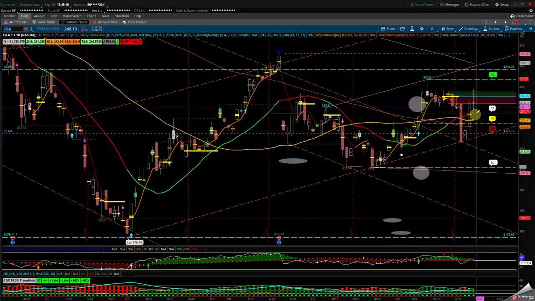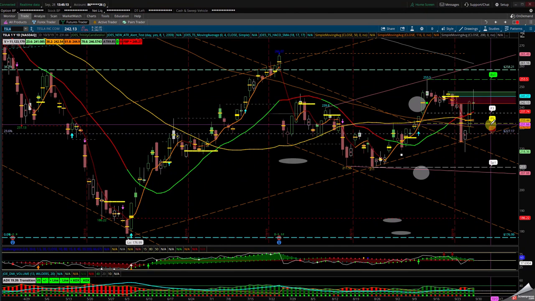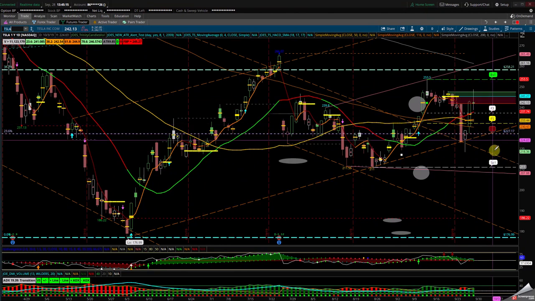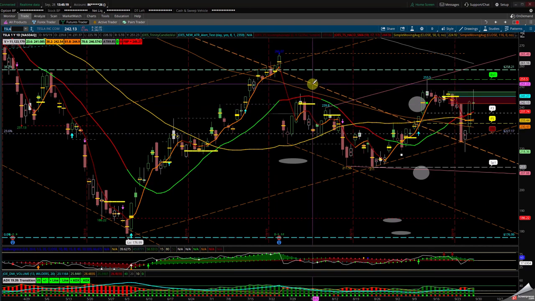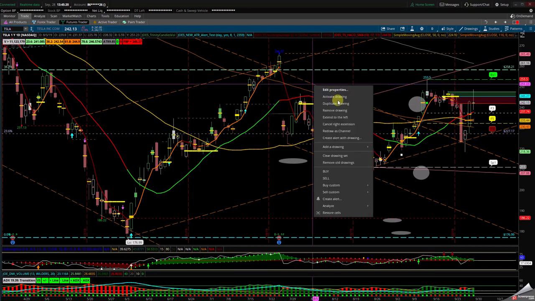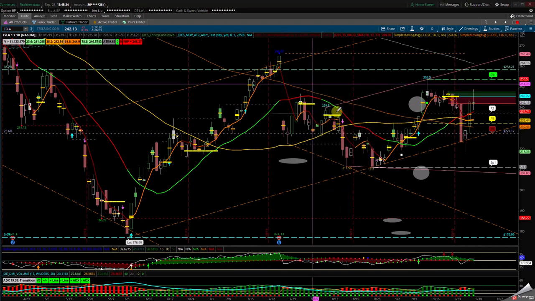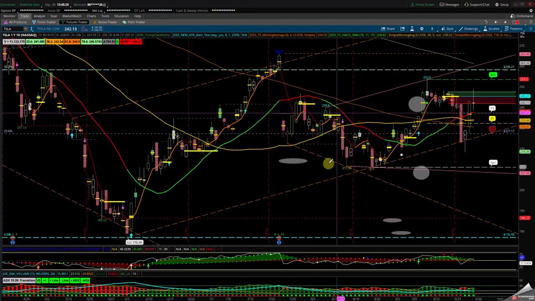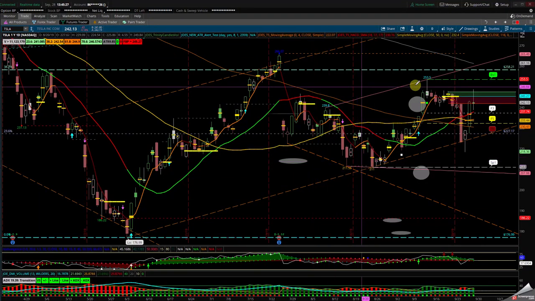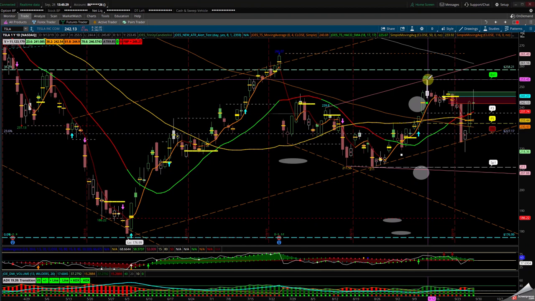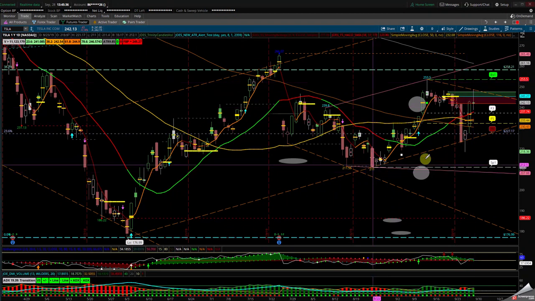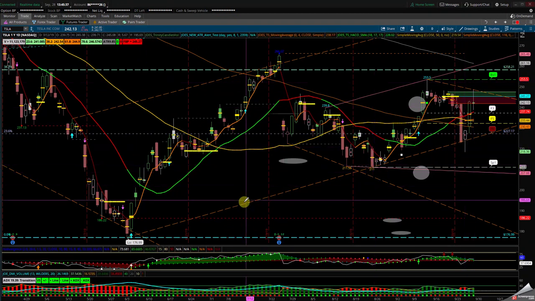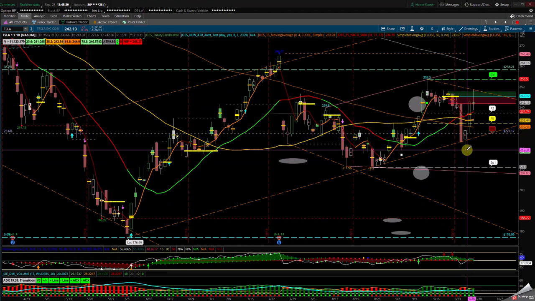If it falls back through the 18 and 50, look for the 61.8 and eventually the backside of this channel, which we can draw one from here. This is no longer valid. I'm going to take it out so we can clean the charts a little bit more. I'll keep this one here because this is an open cone from this area here to this guy here. This is a down channel. You can see, and there's one from here to here. This one is no longer valid. I have to keep it in this cone in this one here.